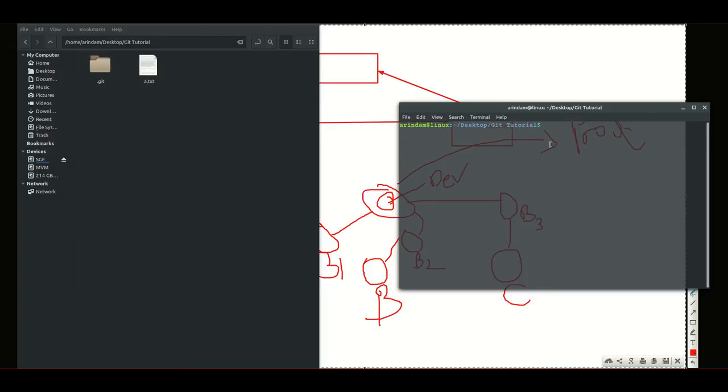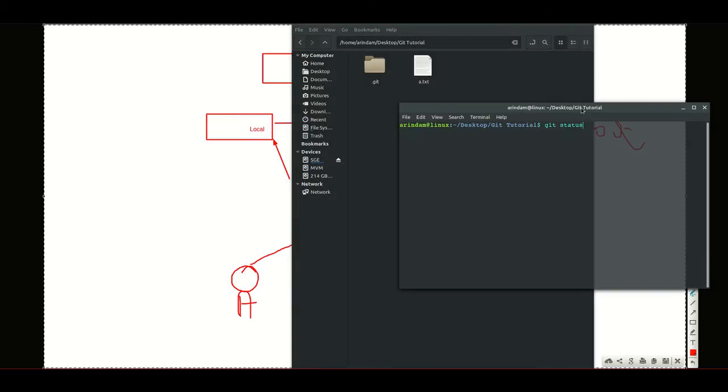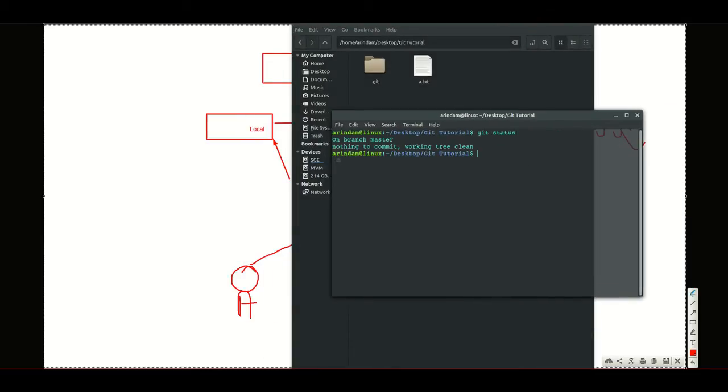First, how to check status: git status, enter. See, all are committed, nothing to commit. Now create your own branch. To check how many branches there are, use git branch.